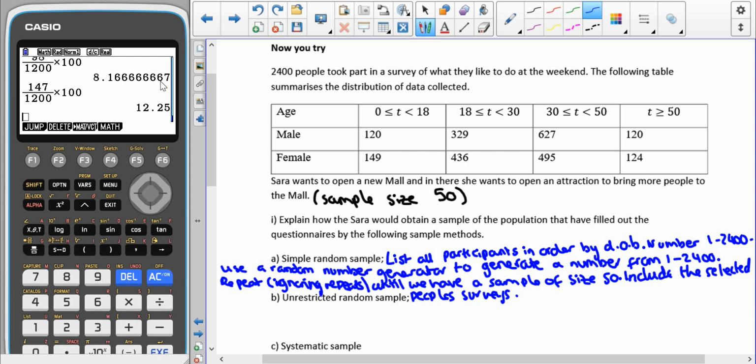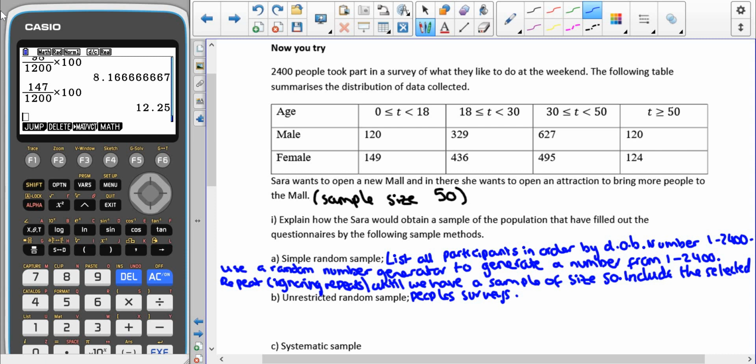We're going to number them from 1 to 2,400. We're going to use a random number generator to generate a number between 1 and 2,400. We're going to repeat this, ignoring any repeats that happen because it's a simple random sample, until we have a sample of size 50,